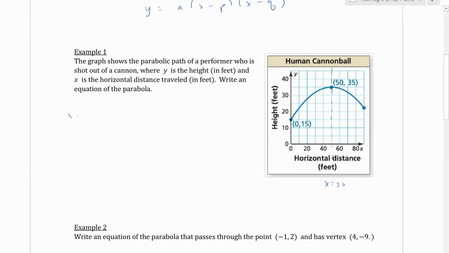Okay, so there's some number out front because I don't know exactly how much of a stretch or shrink vertically there's been, but I know it went 50 to the right and up 35. Now, I also know that a out here is a negative number, but to figure out what it is, I'm going to take another point on that graph and just use it. I know when x is 0, the y value that's generated is 15. So I'm going to plug that in and say when x is 0,